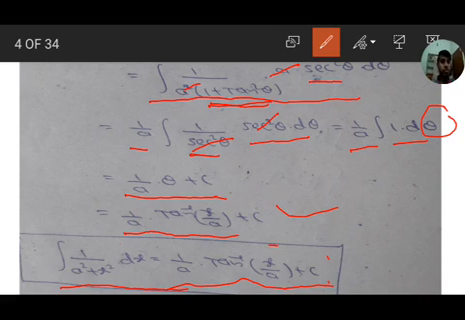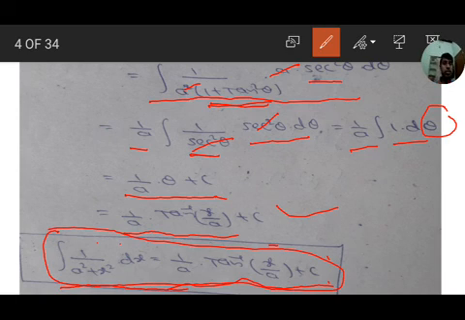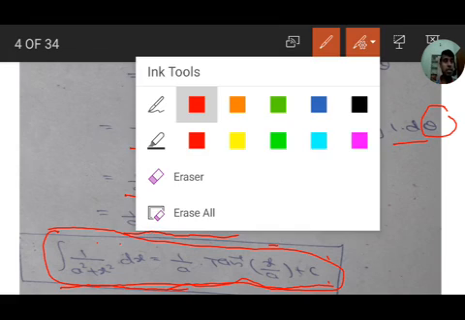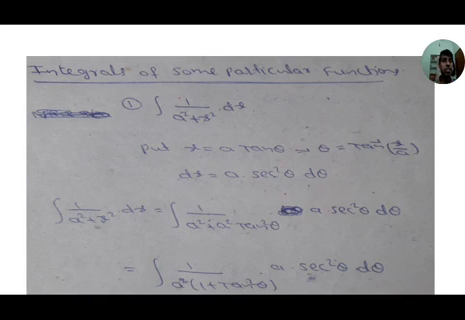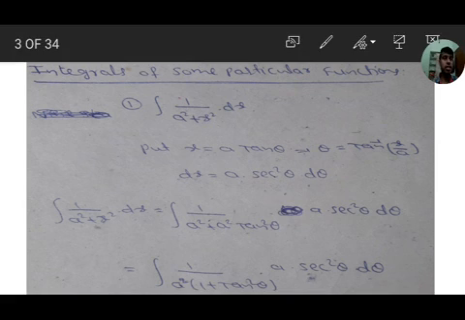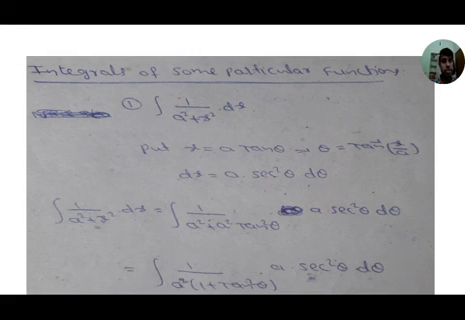Remember this as a formula. We will take this as a formula. Integration 1 by a square plus x square dx equals 1 by a tan inverse x by a plus c. What we did was only substitution. Here we substituted x equal to a into tan theta, so theta equals tan inverse x by a, and differentiating, we get dx equal to a into sec square theta d theta. In the substitution, integration 1 by a square is as it is, x square means a square tan square theta, dx means a into sec square theta d theta,